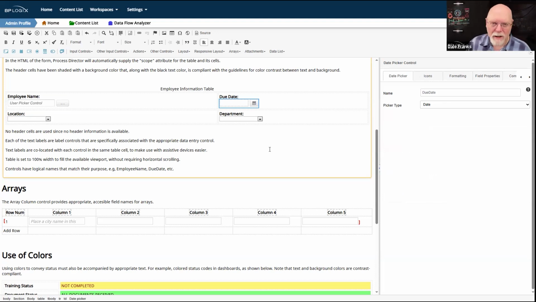We can't have spaces in the names, but that's fine. We can simply give them the normal name that is logically associated with what that control does or the type of data that it stores. So we just need to ensure that we don't use weird names for our controls.